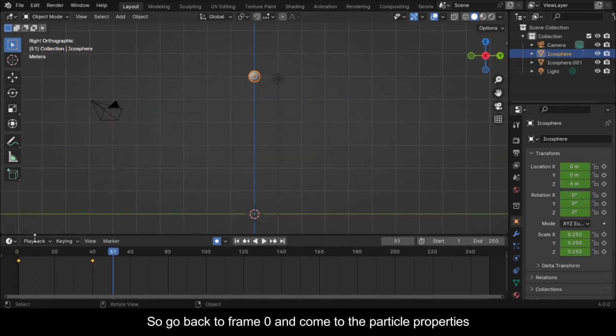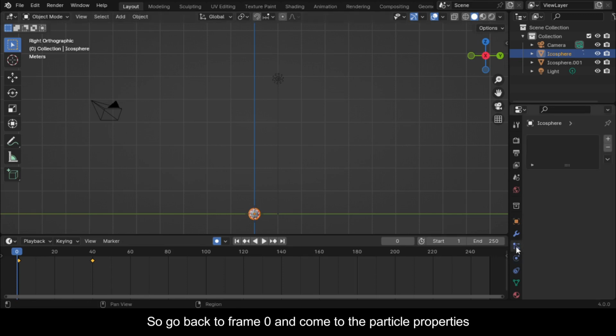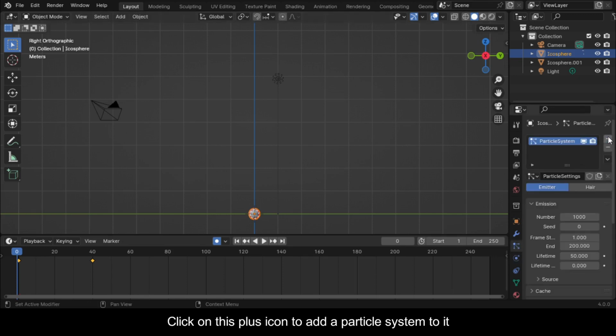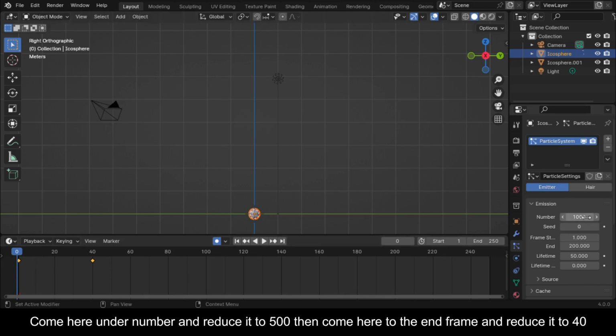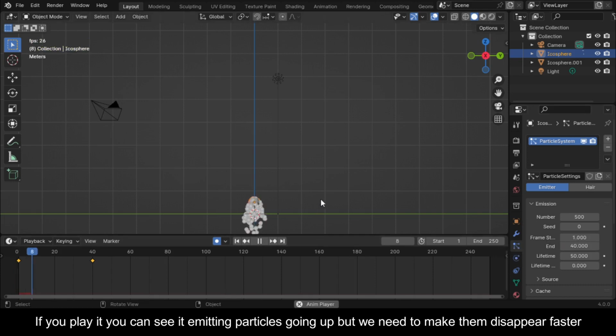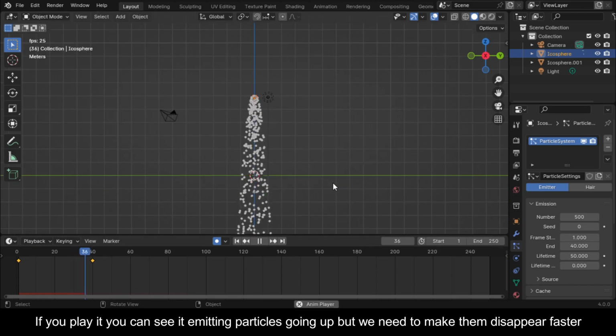So go back to frame 0 and come to the particle properties. Click on this plus icon to add a particle system to it. Come here under number and reduce it to 500, then come here to the end frame and reduce it to 40. If you play it you can see it emitting particles going up, but we need to make them disappear